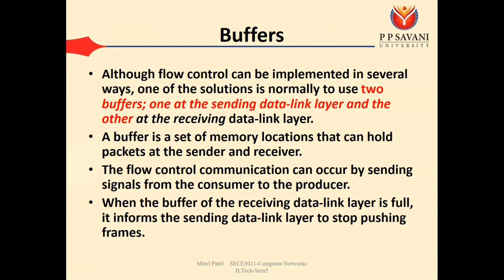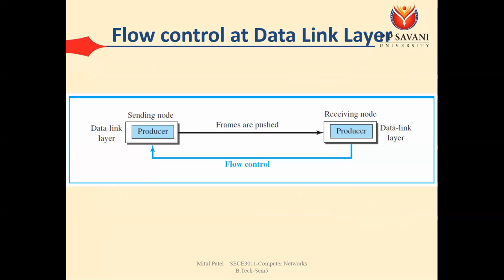Okay, જ્યાં સુધી receiver બાજુનો buffer full ના થાય ત્યાં સુધી sender એની frame push કરતું રહે. એકવાર buffer full થઈ ગયો, then receiver will inform the sender that now you stop, my buffer is full and now I will need to process these frames. Okay, then એકવાર ફરી પાછી frame process થઈ જાય અને buffer ખાલી થઈ જાય, then again it will inform the sender to again resend the frames. So by that way we can implement this flow control mechanism.